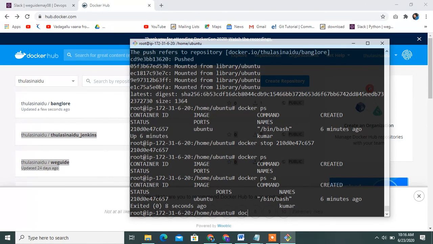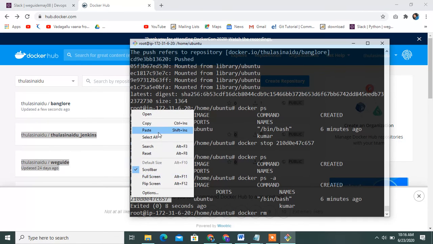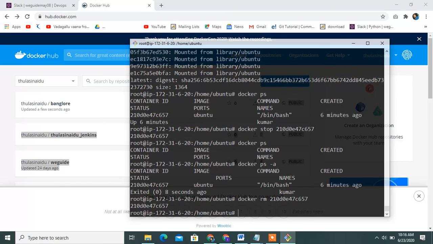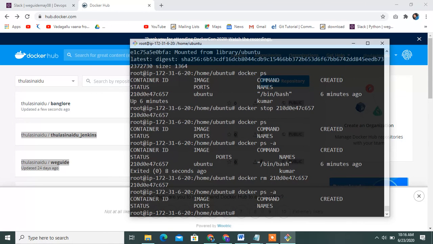How to delete, docker rm container id. Paste it here. Yes, next, check it. Docker ps -a is empty, and check the images, docker images.